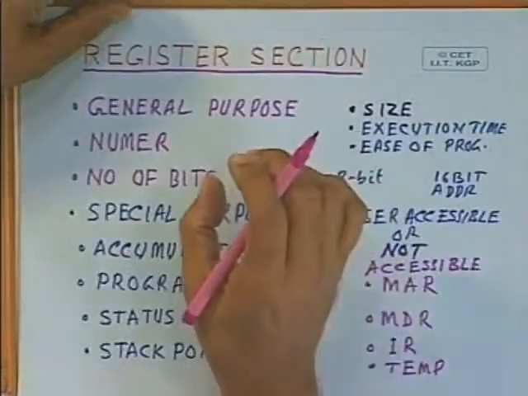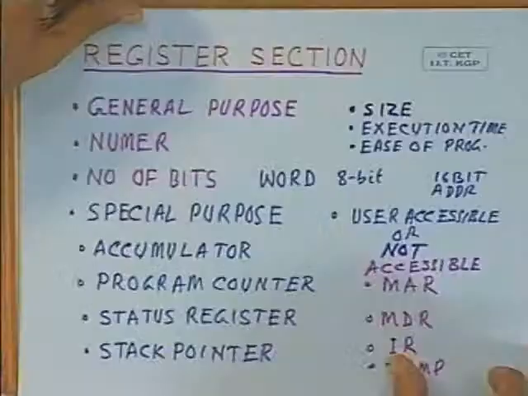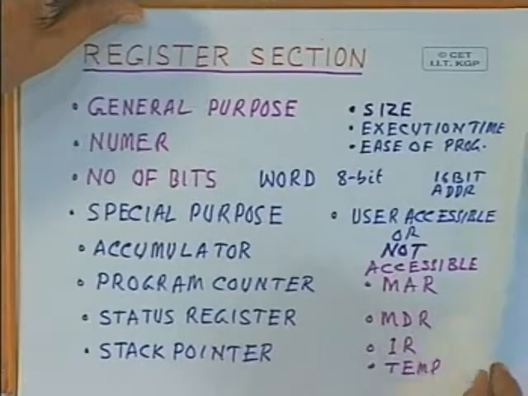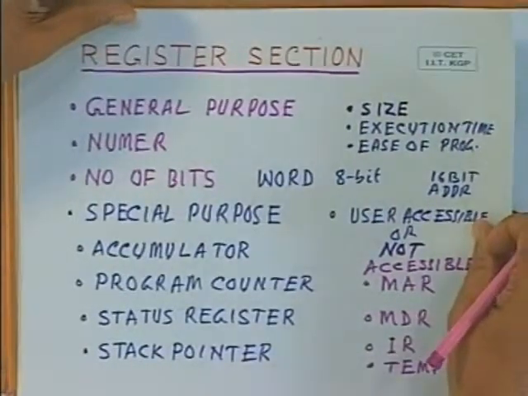An instruction register is used to temporarily hold the instruction before it is being decoded and executed by the microprocessor. And temporary registers are again used to hold some intermediate result which is applied to the ALU or other functions. So this is the